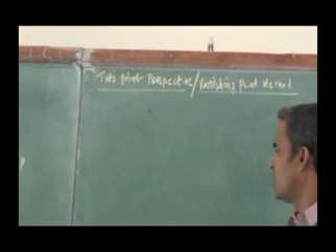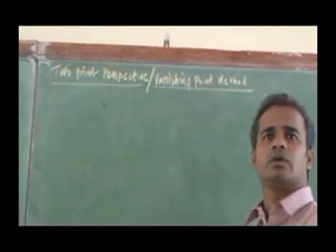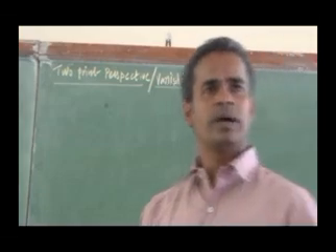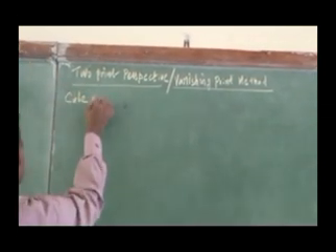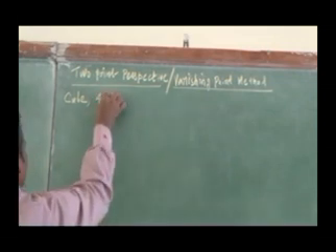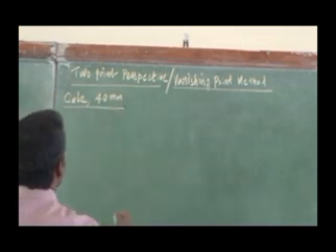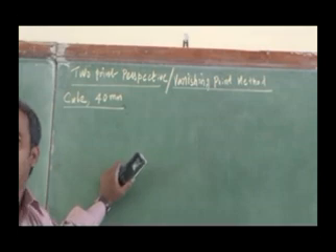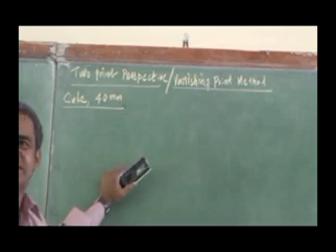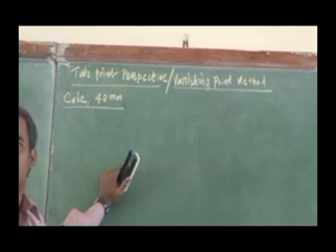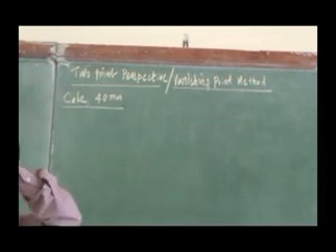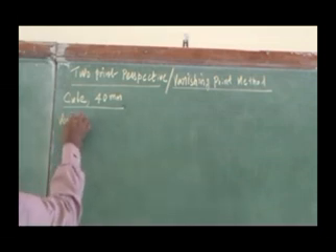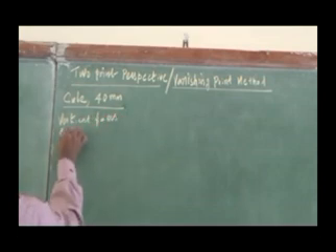Take the problem. A cube of size 40 mm is kept on the ground plane such that its vertical faces are equally inclined